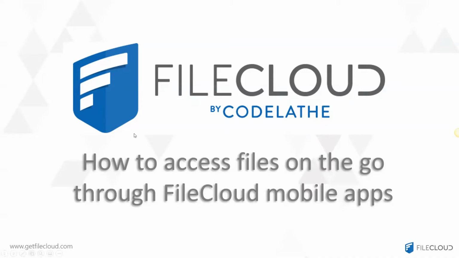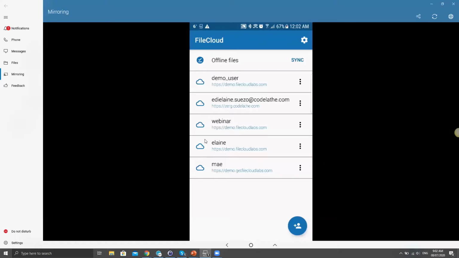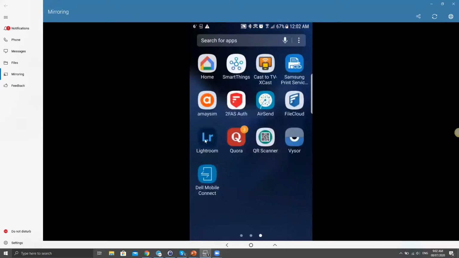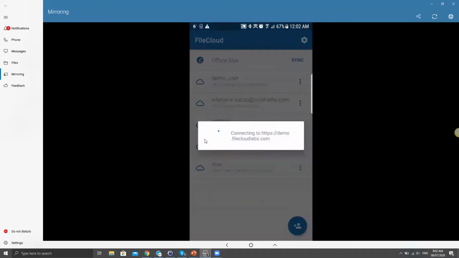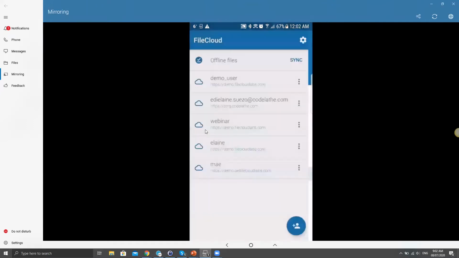So to start, I have mirrored my screen here. This is my mobile phone. I am going to show you how to access files through Android. My phone is Android. All right, so the first screen that we are about to see when we open the FileCloud mobile application